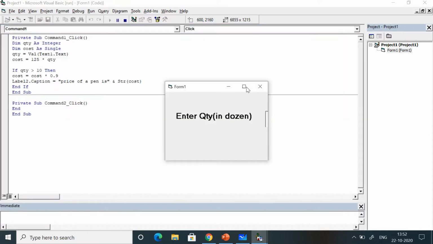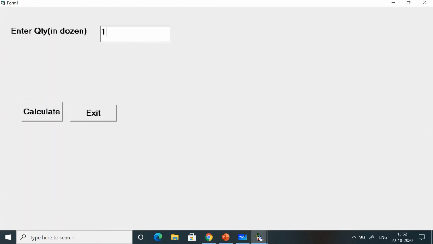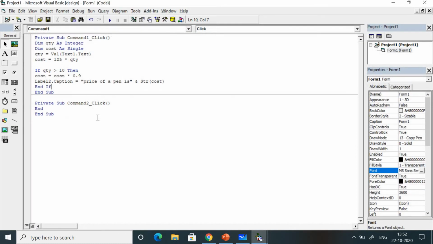So go to font style will be bold and size 80. Now I execute my program again. Enter the quantity in dozen. I enter the quantity, that is 14. When I calculate, I get the price of pen is 1575. When I click on exit, I return back to main window, main program. Clear? But I have not coded if the quantity is less than 10. If I want to code,